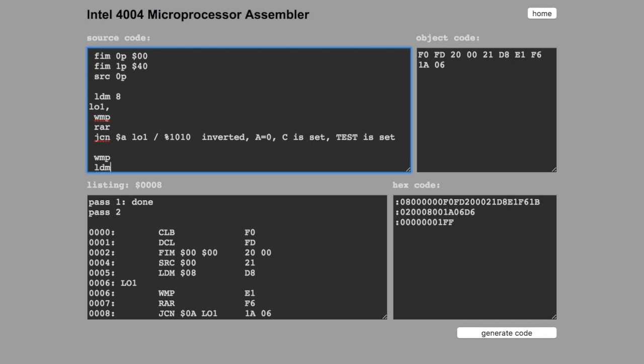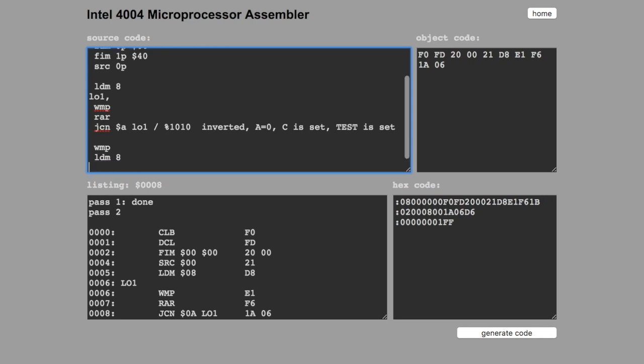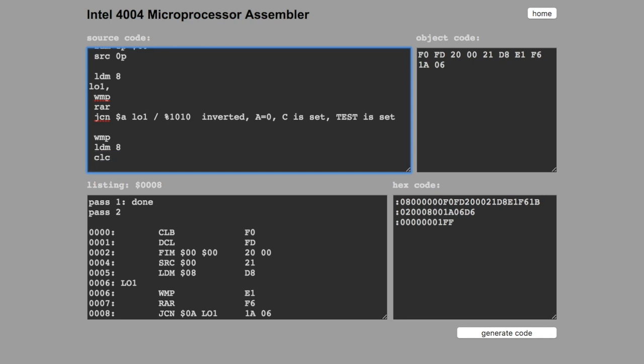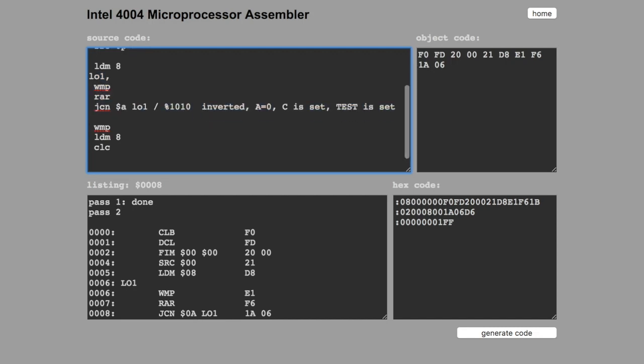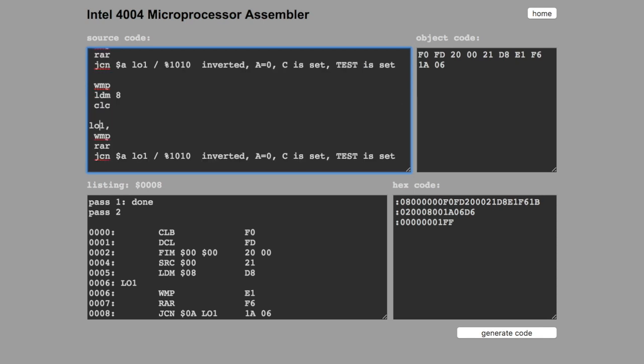Loading the accumulator with the value 8 again, clearing the carry flag and copying the code. So loop 2, write memory port, and loop 2,